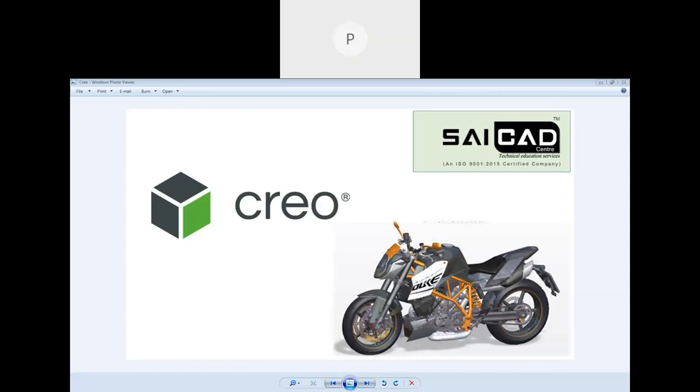I'm going to show you how to create planes today. Planes will be covered in this session. If you have any questions related to the assignment, you can ask. Today I'm going to cover the datum, planes, axis, points.